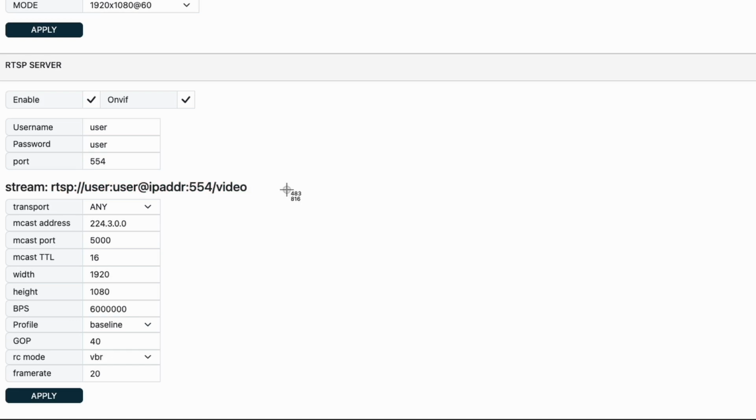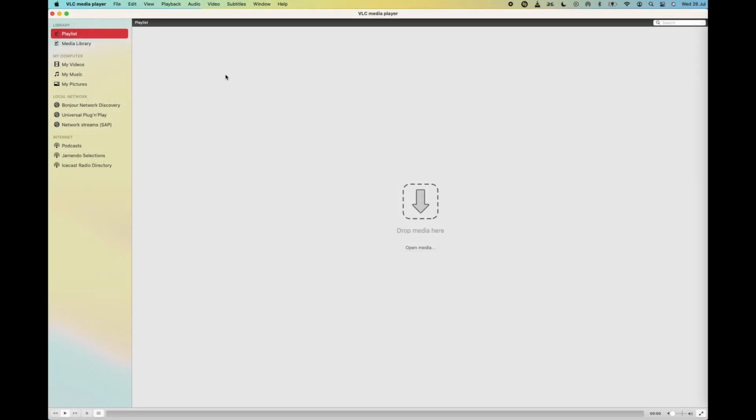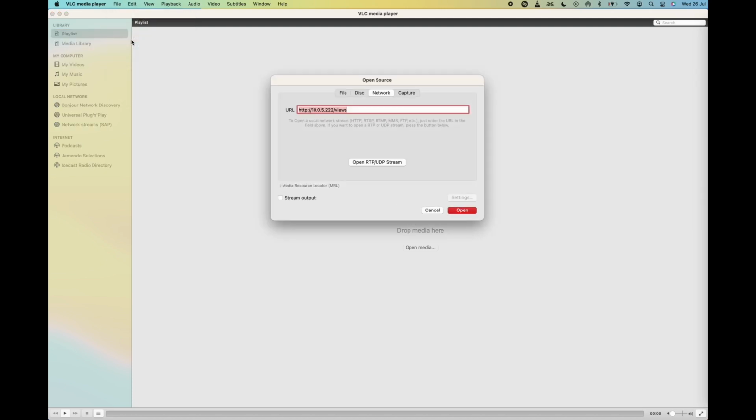And I'll just show you how to do that now. Okay, so I've just opened up VLC. I want to go up to the top here, click File, and then Open Network. It will get me to input a URL. I'm just going to paste in the one that I used earlier. But here where it says IP-ADDR, we actually want to input the IP address of our box. So in this case, it's